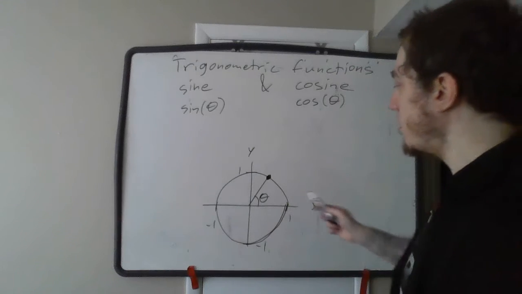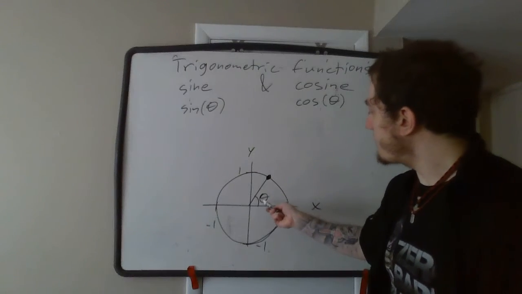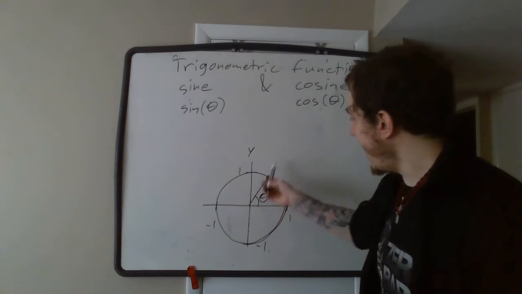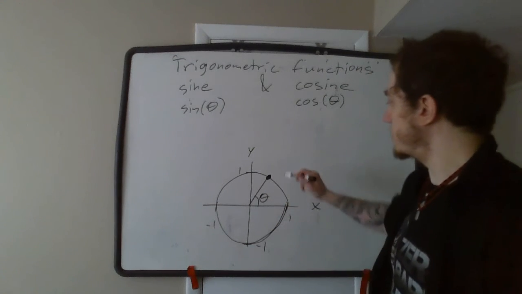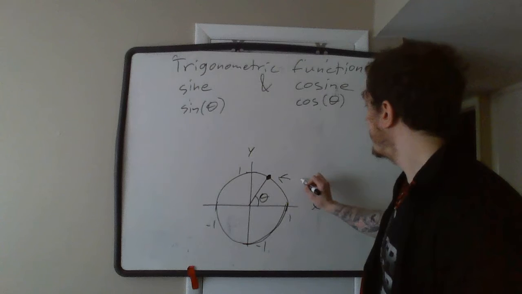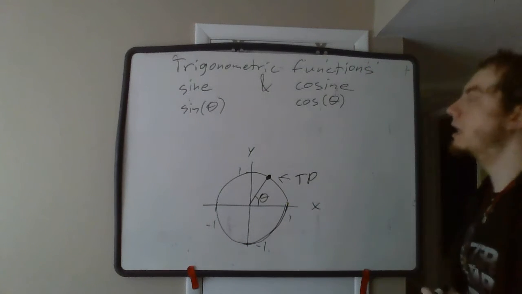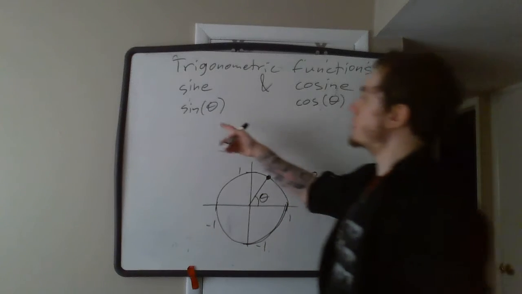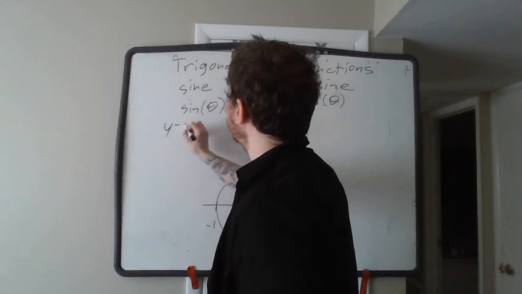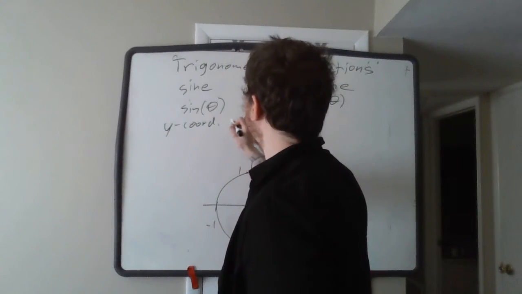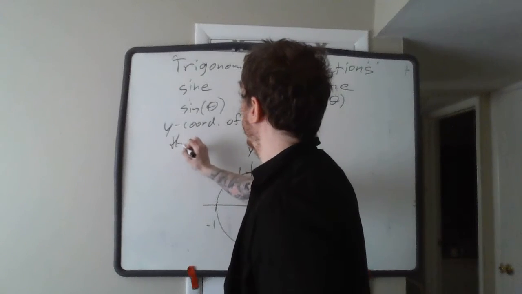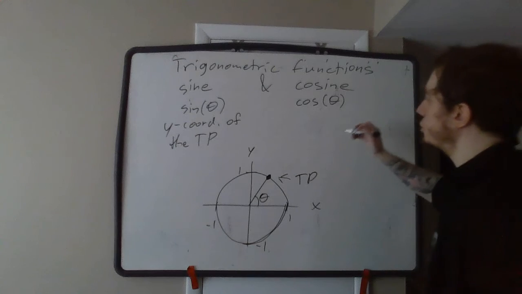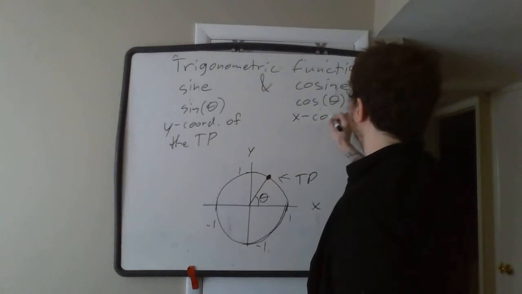Remember, we said that the terminal point is just wherever the radial line at that angle intersects with the unit circle. So this is going to be my terminal point. We define the sine function to be the y coordinate of the terminal point. We define the cosine function to be the x coordinate